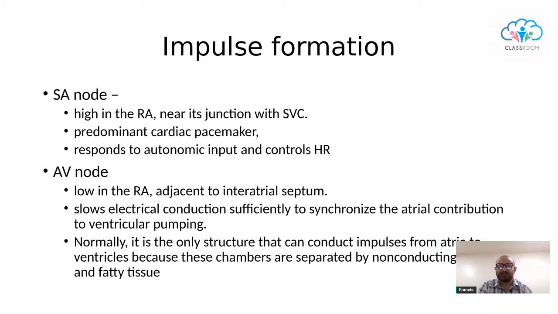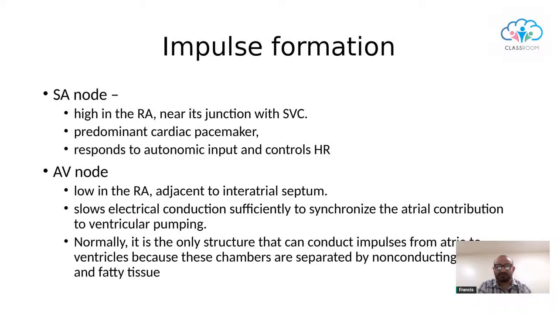The SA node is located, as shown in the picture earlier, high in the right atrium near the junction with the SVC. It is a predominant cardiac pacemaker and it responds to autonomic input and controls heart rate. The AV node is situated lower down and it is adjacent to the interatrial septum. It slows electrical conduction sufficiently to synchronize the atrial contribution to ventricular pumping. Normally, it is the only structure that can conduct impulses from atria to ventricles because these chambers are separated by